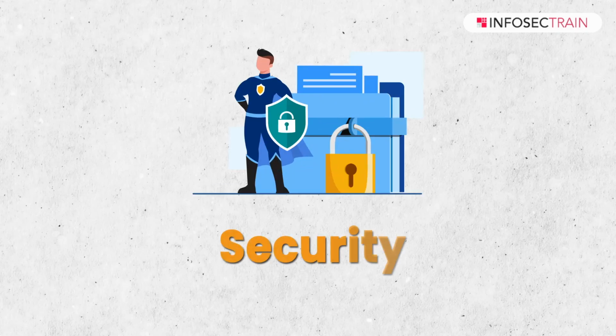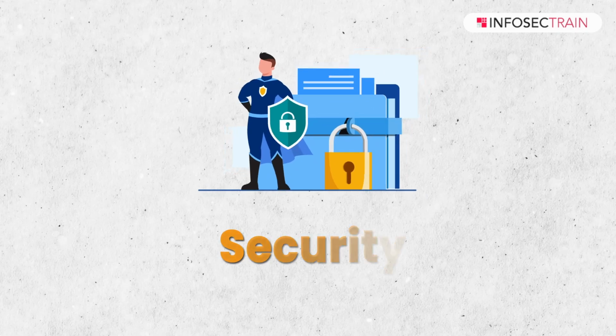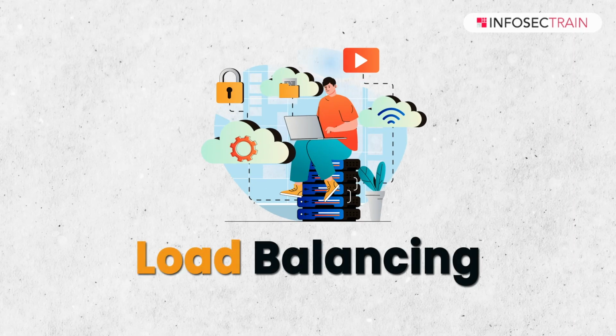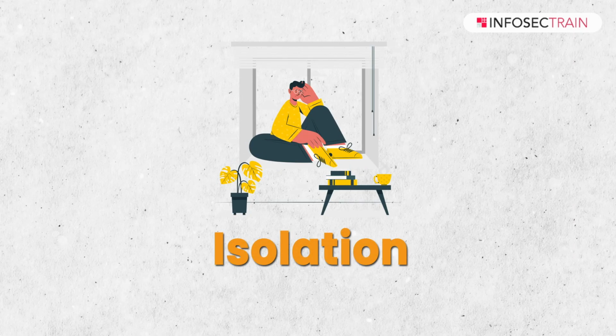The second is security. The use of port numbers in addition to IP addresses adds an extra layer of security. External entities have limited visibility into the individual devices within the private network. The third is load balancing. PAT can distribute incoming traffic among multiple internal devices, optimize resource usage, and prevent congestion. The fourth is isolation. Devices within the private network are shielded from direct exposure to the external network, reducing the